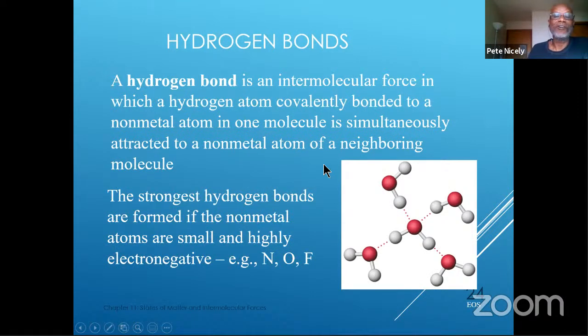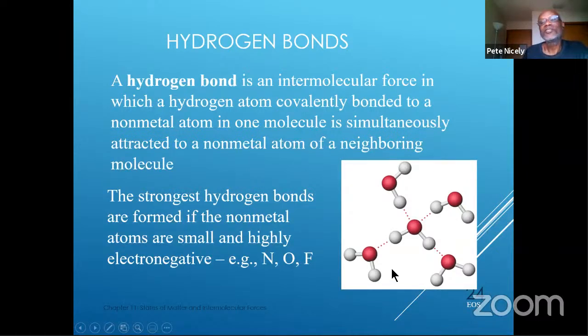So how does a hydrogen bond form? Well, basically, a hydrogen bond is formed when you have hydrogen bonded to one of these three electronegative atoms. These are the three most electronegative elements, right? If you have a compound where hydrogen is bonded to nitrogen, oxygen, or fluorine, then those compounds will exhibit hydrogen bonding. So let me use the water molecule as an example,